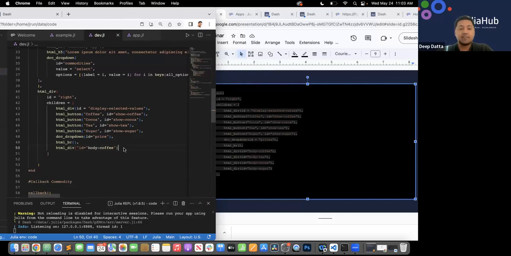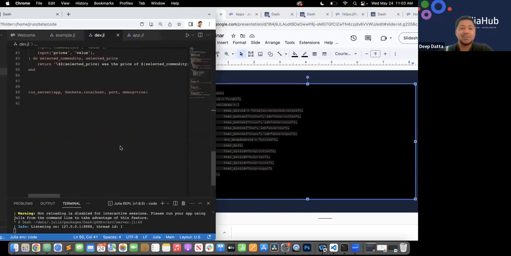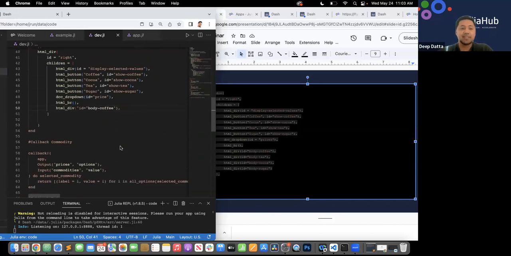And as you can see, as I pasted that, what you might notice if you're pretty familiar with Dash is I don't currently have a callback that outputs an ID of body coffee. So I need to build it. And so we're going to build that right now. So coming back down to where our callbacks are,